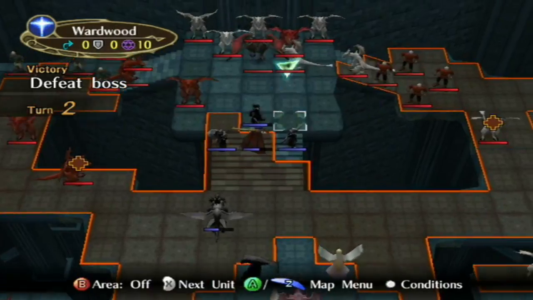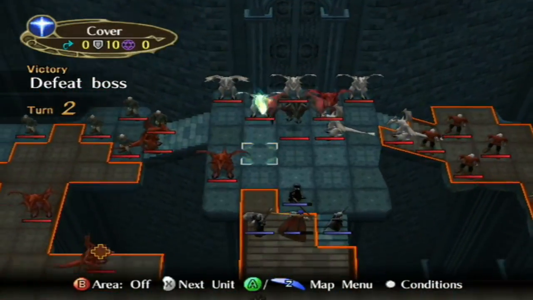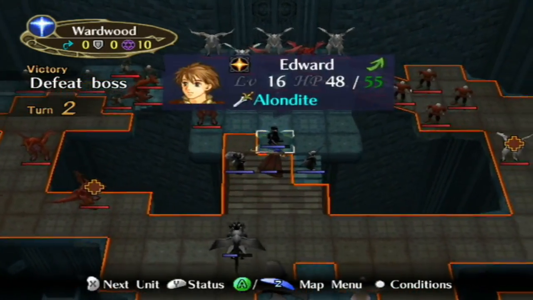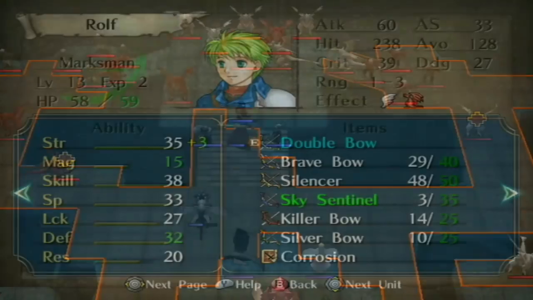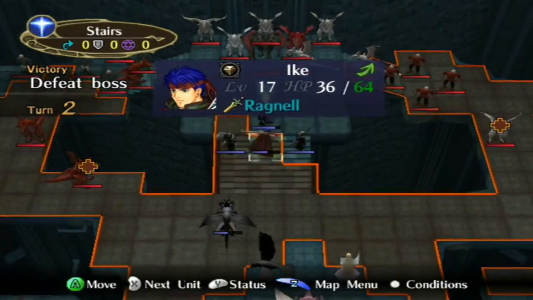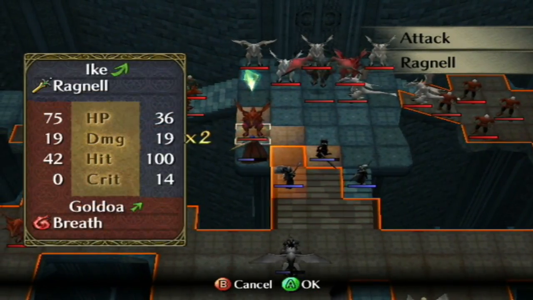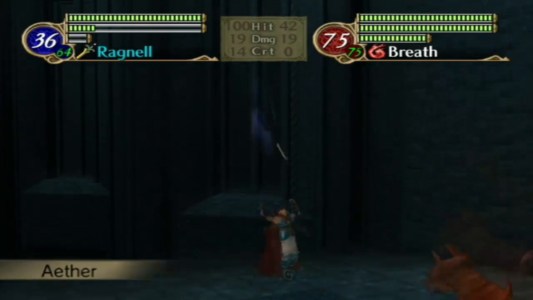I should probably just... No, in fact, I think I will save... Yeah, whoever goes up there should probably be on Wardwood. I sort of want Rolf here so he can snipe away at the white dragons and try and get rid of a few of them before things get really, really dangerous. Which they always are when tons of white...